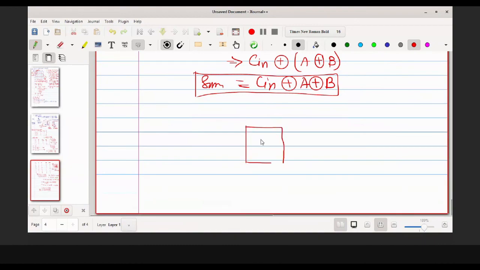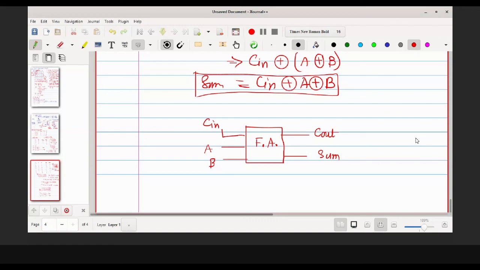Now I think you can do that circuit. You are going to get an output where you will have C in as your input, two numbers A and B, one bit each, and the outputs are C out and sum. Whatever circuit you get can be represented as a simple box, a full adder box, and in the center it is written as FA, which is short for full adder. So here we have done just one bit addition.